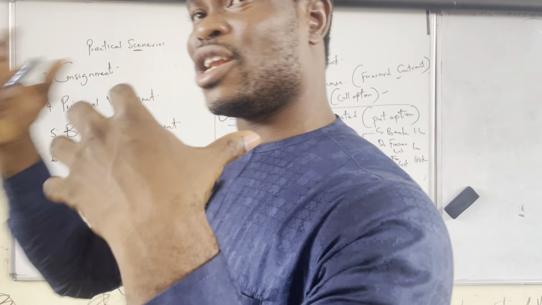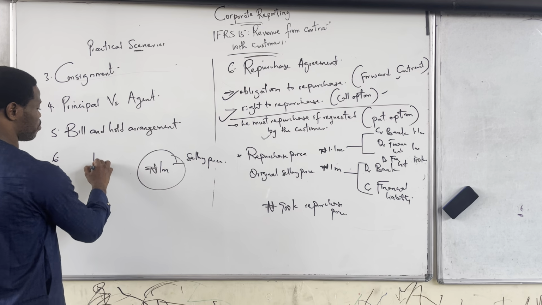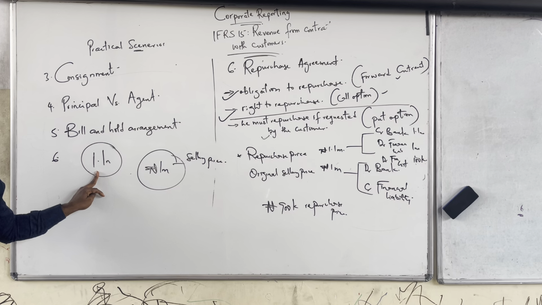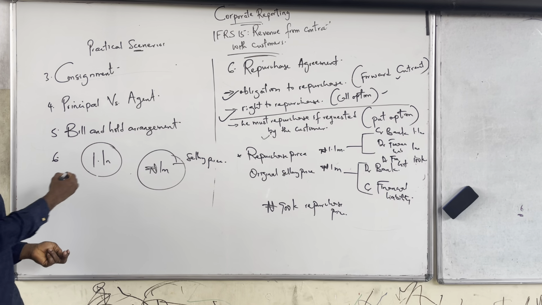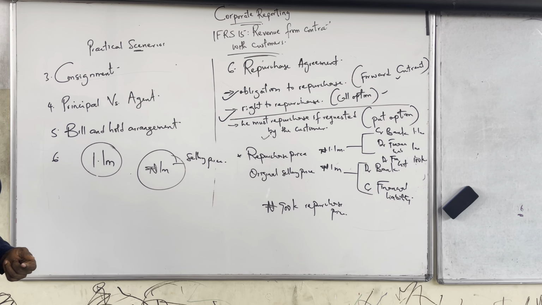And again, there's a lot of story behind that, because based on the figures given, you should be able to determine whether the customer can return or not. Because it depends on economic incentives. It depends on how much you are ready to repurchase it for. If you are ready to repurchase it for, let's say, 1.1 million, the customer will obviously want to request that you repurchase. So there might be an incentive to repurchase, right? So if there's an incentive to repurchase, the customer